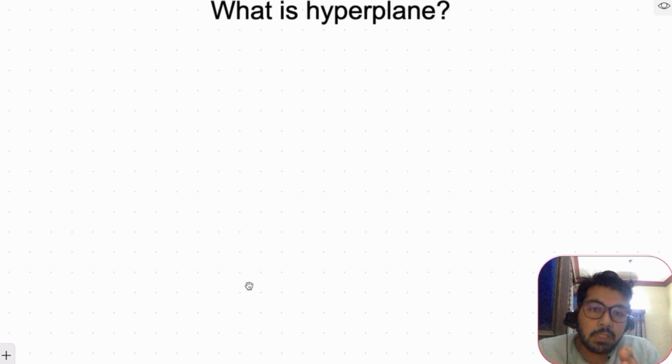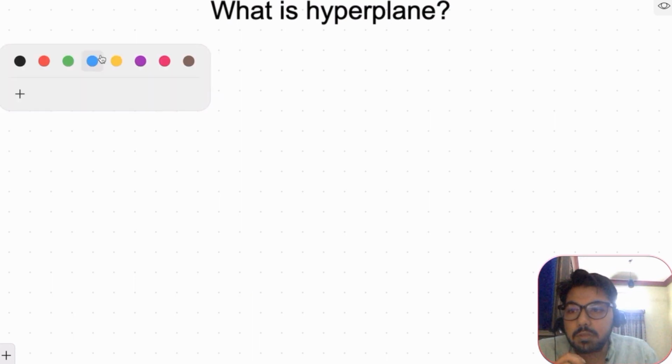Or similarly, we need certain criteria to tell us that an email is spam or ham. So in a classification problem we need certain criteria, and to create that criteria we need a hyperplane. In other terms, a hyperplane is basically a plane separating the two classes. For example, if I have a class C1 and class C2,